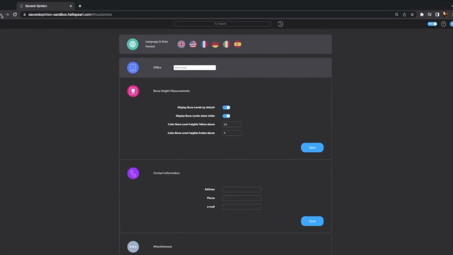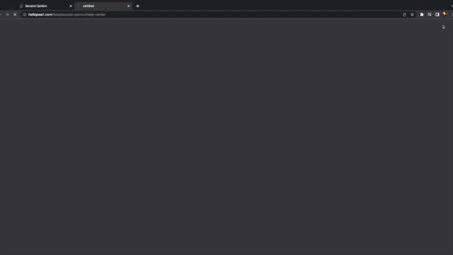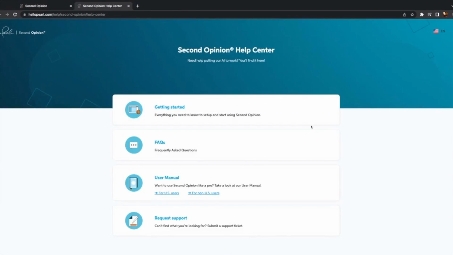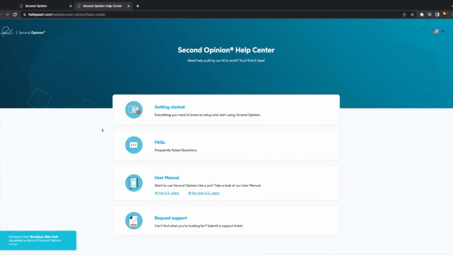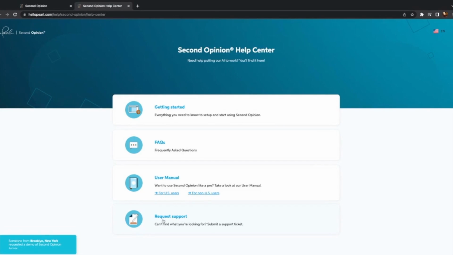And the last section we'll be reviewing today is going to be this question mark in the top right corner next to the settings. The question mark will lead you to our Help Center. Now, of course, we hope that you never need any type of troubleshooting or additional help, and it's a smooth ride for you. However, if you do find that you need support, coming to the Request Support option here in our Help Center will open up a page.